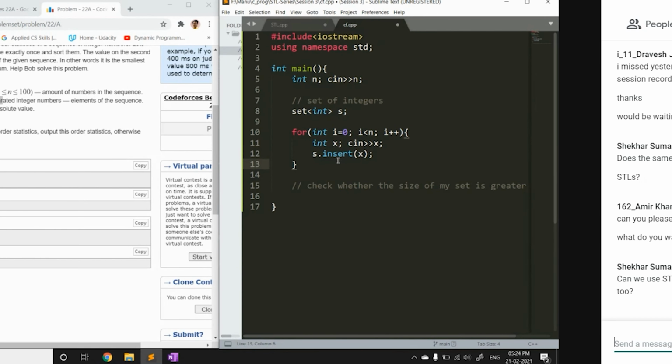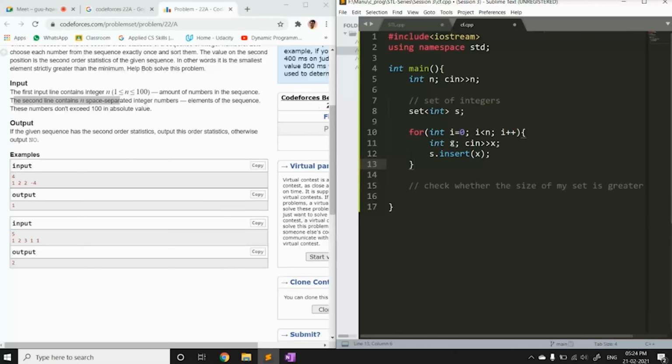So basically what is happening? We have declared the integer inside this loop, so the scope of this particular integer is only till here. I can access this variable only inside these two curly brackets, not outside.